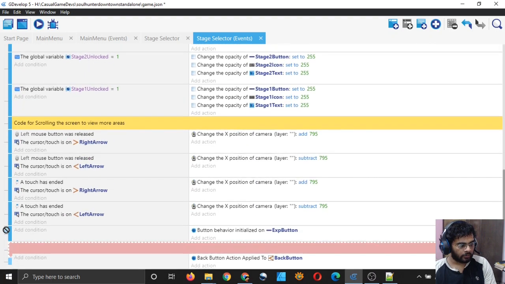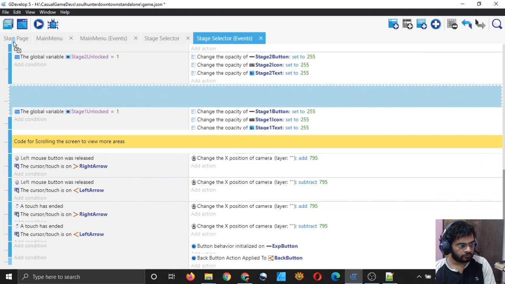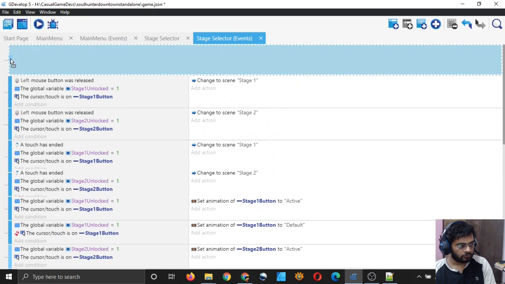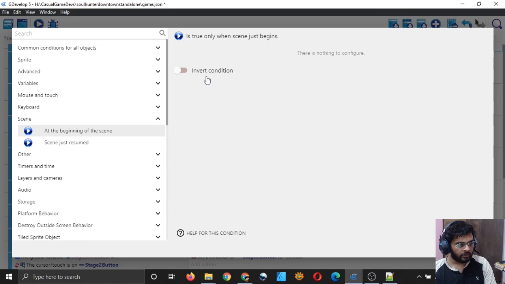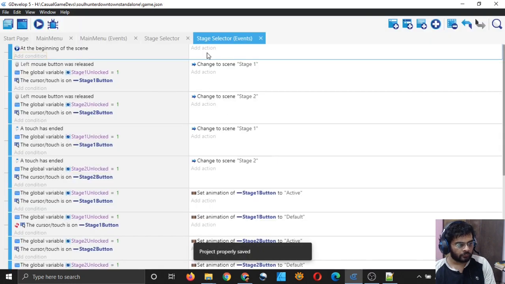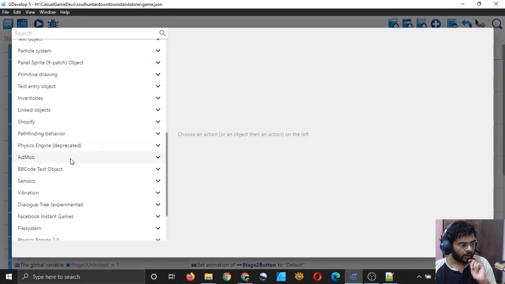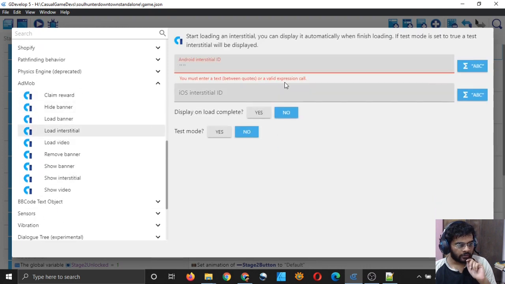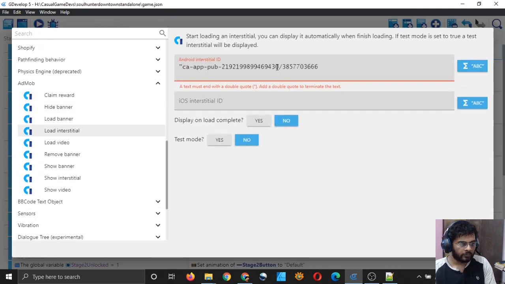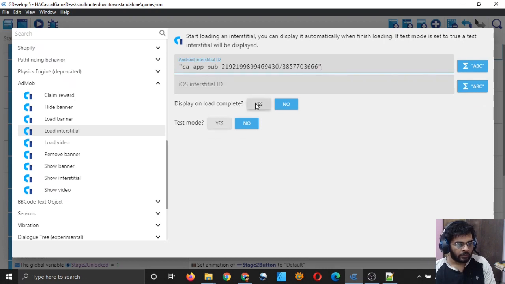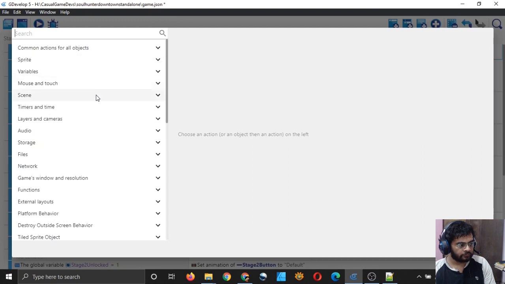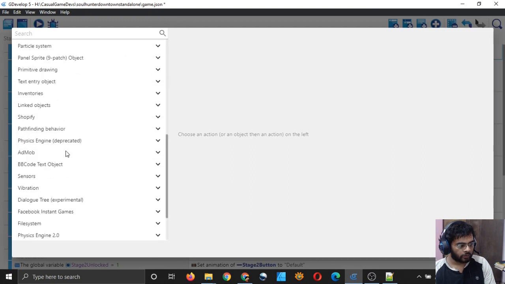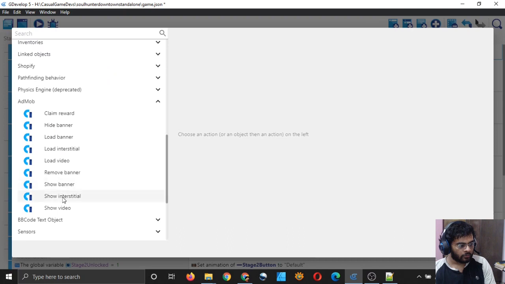This event, I will simply drag it up, and add condition scene at the beginning of the scene, add action, AdMob, load interstitial, and put the ID, and display on load, test mode yes, and then show interstitial. Wait, AdMob, show interstitial.